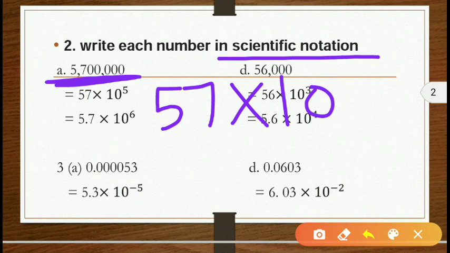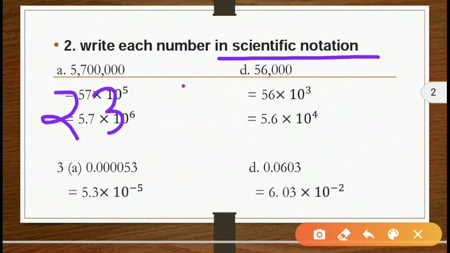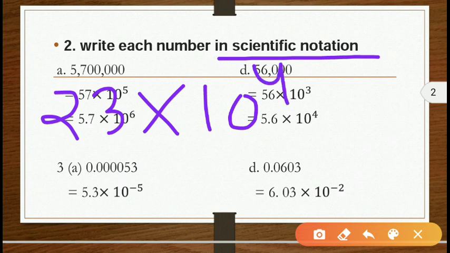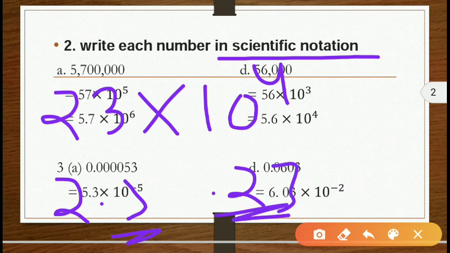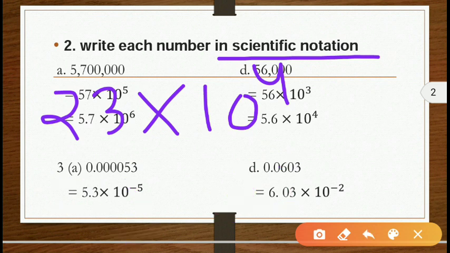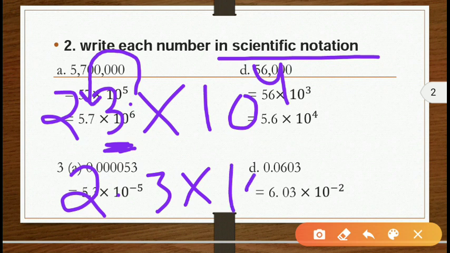Suppose you have a number 23 into 10 to the power 4, and you want to write it like 2.3 or 0.23. In this form you want to write this number. So what will you do? Suppose here is a decimal. You always suppose that the decimal is on the right hand side, and you want to shift this decimal from the right hand side to your left hand side. If you shift your decimal from this place to this place, how many digits have you crossed? You have crossed only one digit. So you can write 2.3 into 10 to the power 5. Why 5? Because you have crossed only one digit.